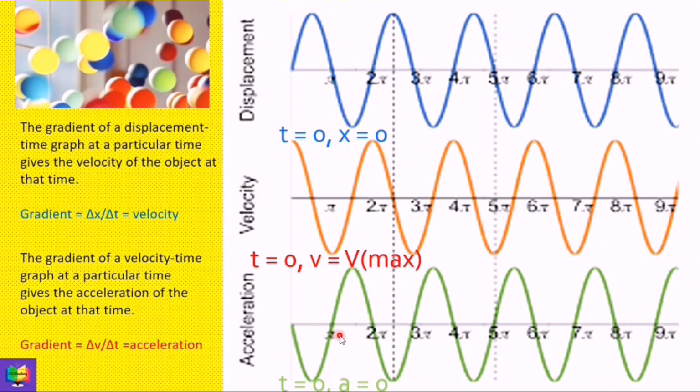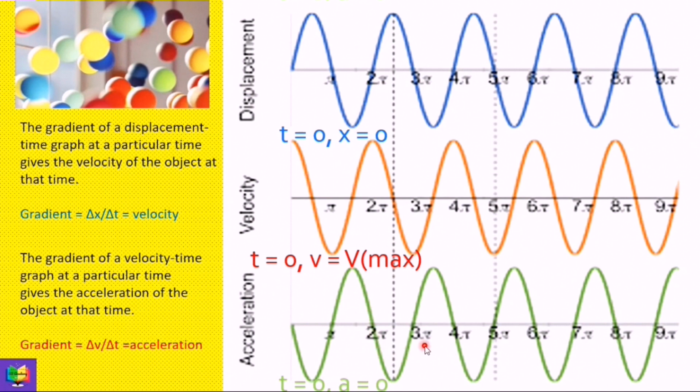At t equal to 0, displacement x is 0 and v has the maximum value. Therefore a is 0, because the mass is at equilibrium position and no resultant force is acting on the mass at this point. As the mass starts moving towards the right hand side, the restoring force starts acting towards the left hand side, giving the mass a negative acceleration, which is also known as deceleration. Thus acceleration will have its maximum value at the extreme position, that is when the body is displaced farthest from the equilibrium position.